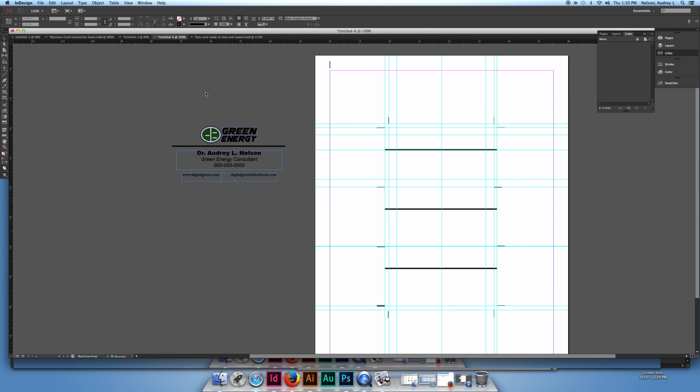On the left-hand side right here, I have all my content that I need to place in here. So you can see how it's pre-done. This is the finished business card. I can select my graphics right here. You may file place yours, but I'm going to command copy and then command paste them into the correct area